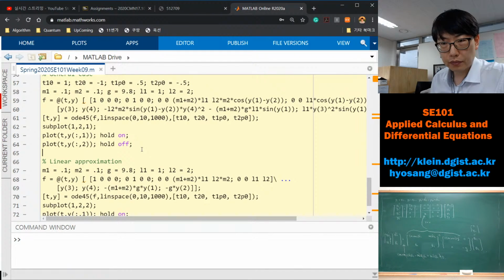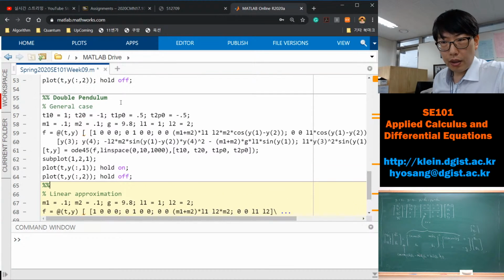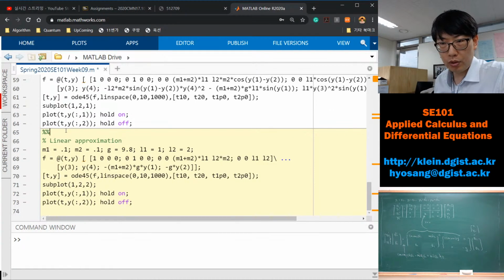So here's the double pendulum case. This one is the actual equation of the double pendulum without linear approximation. So let me show you the result of the linear approximation first. So in the linear approximation,